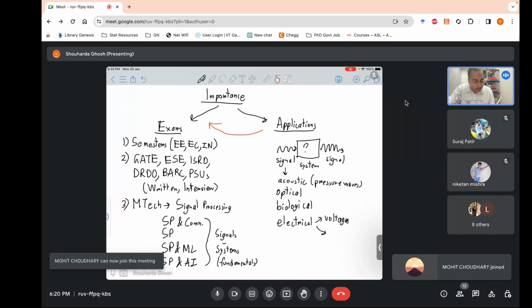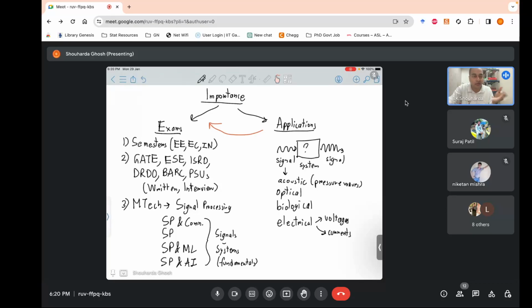Voltages and currents. Fine. So when you talk about voltages, whatever we'll be dealing with in the electrical engineering phenomenon, we'll be trying to convert each of these: acoustic, optical, biological, whatever. There will be some kind of conversion phenomenon which we won't be dealing with, into electrical, and we'll be dealing with electrical systems. We'll be dealing with resistors, capacitors, and all that stuff. Fine, that's in electronic engineering.